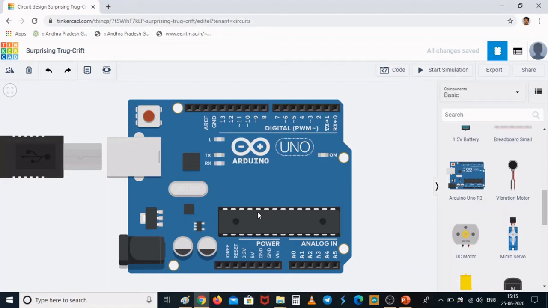Okay, right. Then I hope you know about the microcontroller. Microcontroller is like the heart of the Arduino Uno board. A microcontroller is something like a mini computer which performs a specific task or a specific application at a time. Unlike our microprocessor, a microcontroller normally performs a single task and a specific application at a time.